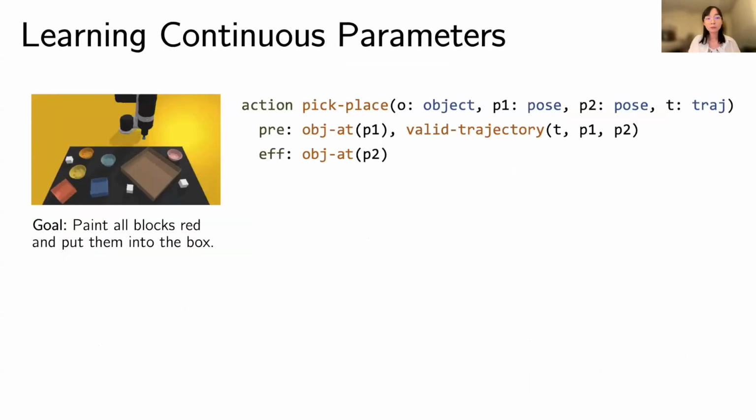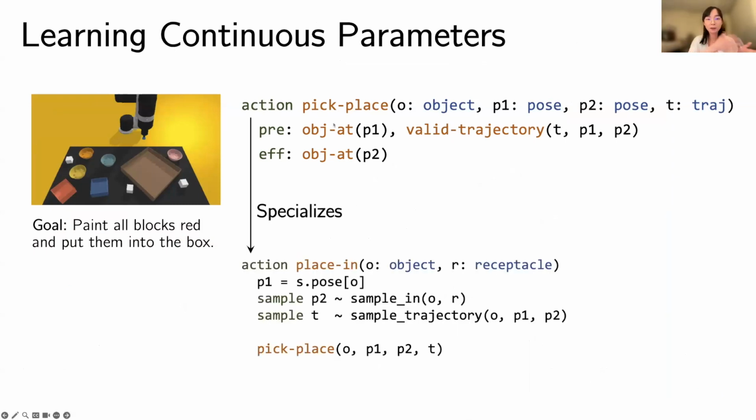So in the next part, I'm going to talk about how we can learn continuous parameters in a very similar way. Let's think about specializing this action of pick and place into another action called place an object into another receptacle. The process of generating parameters for this action is composed of 3 steps. The first is to get the current position of the object that we're going to move. Second, we're going to sample the target location of the object. And based on the starting location and the target location, we're going to call some kind of RT sampler